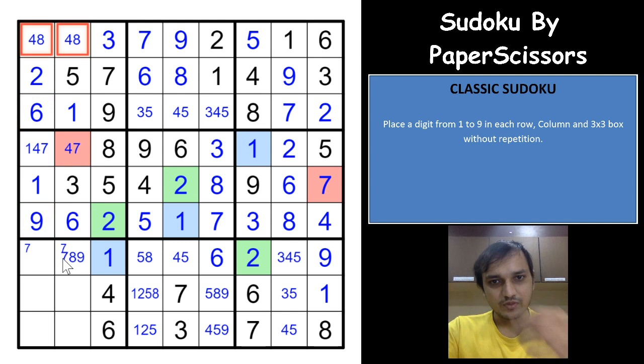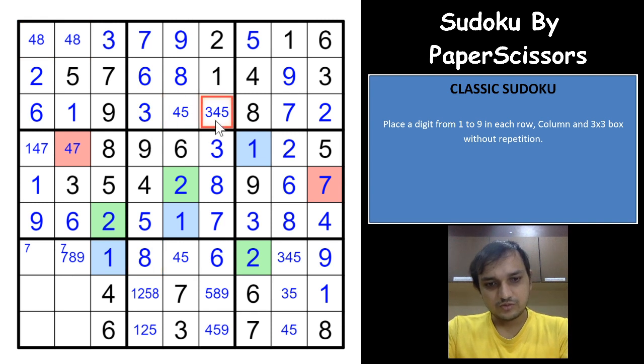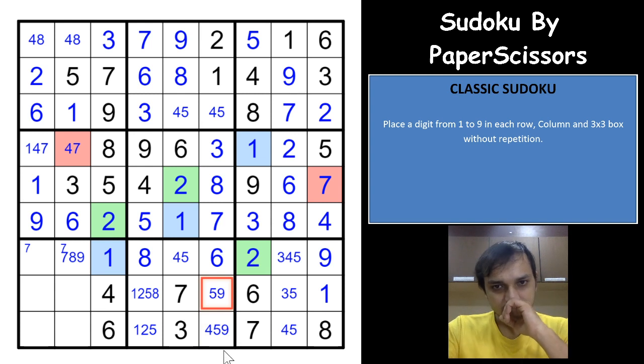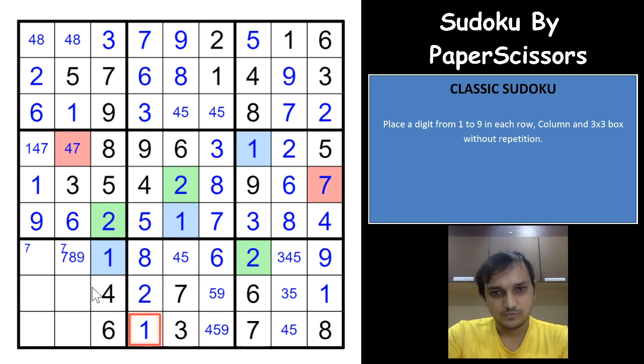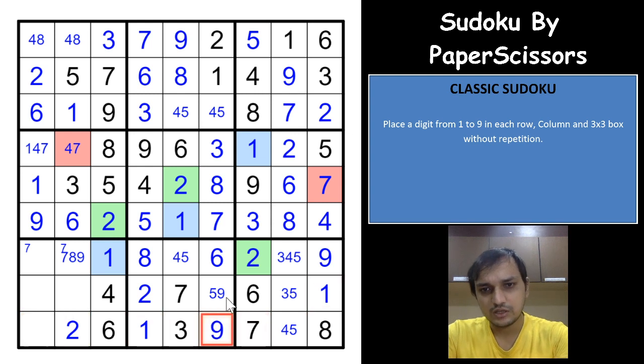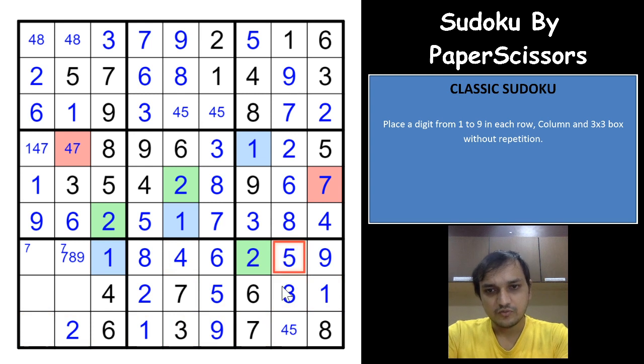Okay. That gives you a 3, 8. This eliminates 3 from this cell, 8 from this cell. You have a 4, 5, 9. So 5 and 8 are eliminated from here. You have 1 and 2. That gives you a 2 and a 1 here. And that gives you a 2 here. Yeah, 9 cannot be here. So in this row 9 would have to be here. That gives you 5, 4, 3, 5 and 4.